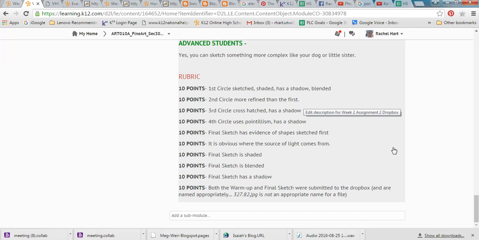Third circle is crosshatched, has a shadow. Fourth circle uses pointillism, has a shadow. So that's your warm-up. And then your final sketch has evidence of shapes sketched first. Obvious where the source of light comes from. The final sketch is shaded, blended, has a shadow, and both of them have been submitted to the Dropbox